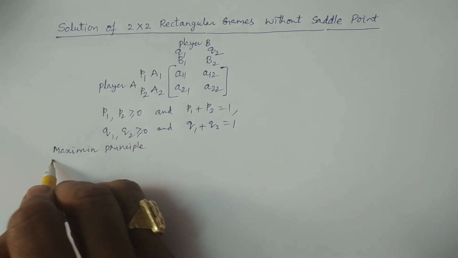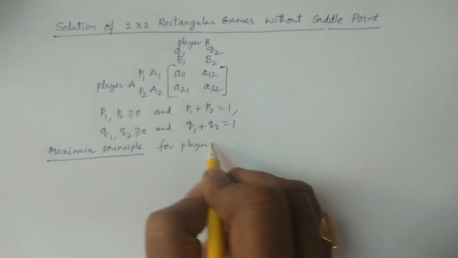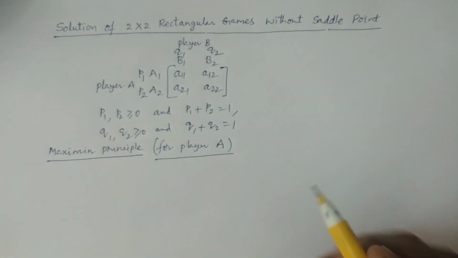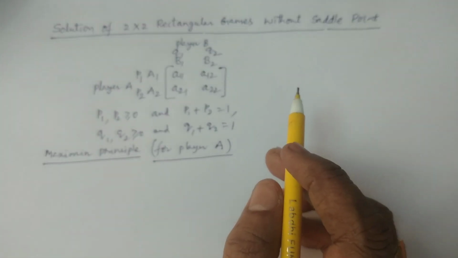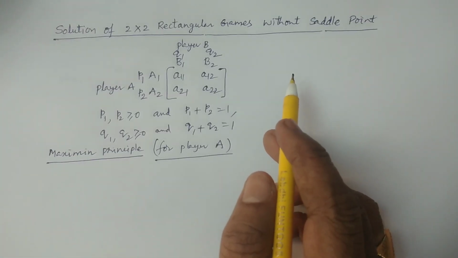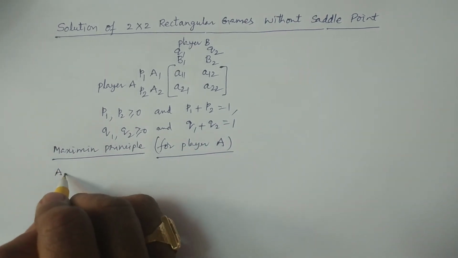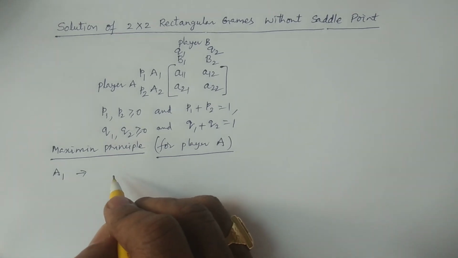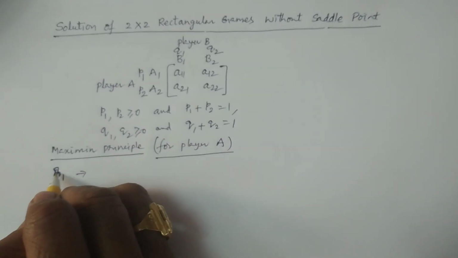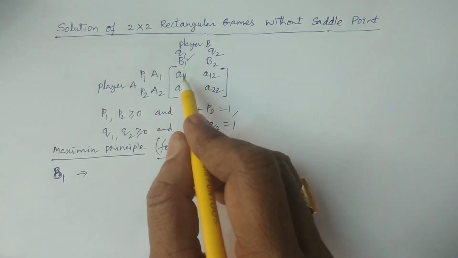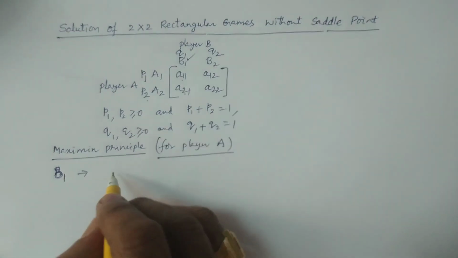The maximin principle is for player A. For player A, how is the maximin principle going to be expressed for games without saddle point in terms of probabilities? For example, if player B uses the strategy B1, then the expected gain for player A is a11 into P1 plus a21 into P2. That is what I have explained clearly